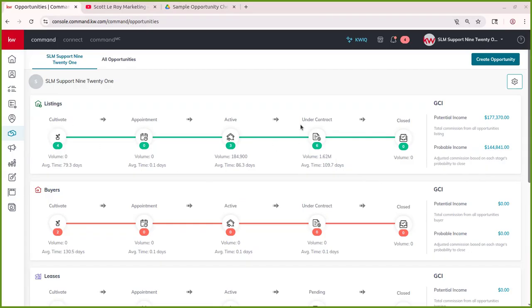You can actually update that if the numbers are a little different for your business. And I'll show you where you can see those in a little bit. But as the opportunities move through, you'll see that probable income number is going to go up. So currently we have a bunch in Cultivate. Those are far less likely to close than when they're under contract or active. So this number is going to change depending on where the opportunity is